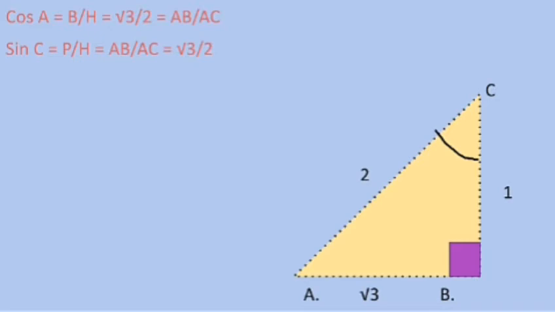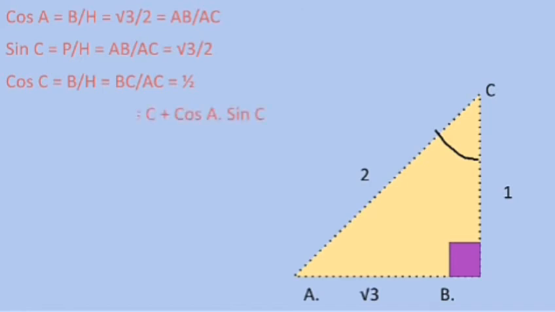So therefore, substituting the value, we get AB equals root 3 and AC equals 2. The sin C is going to be root 3 by 2. Now moving further, that is cos C. Now we know that for angle C, cosine of angle C is going to be base upon hypotenuse. So here base is going to be BC as I pre-mentioned, and hypotenuse is going to be AC. Now substituting the value of BC and AC, we get cos C equals 1 by 2.